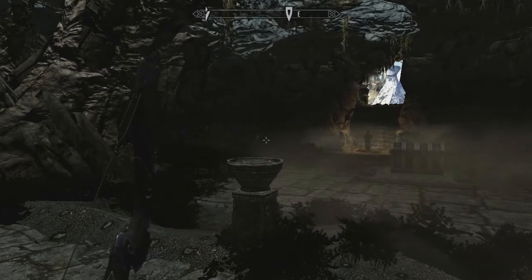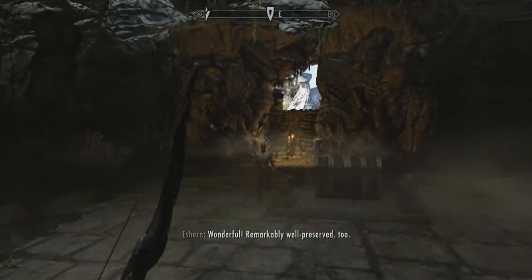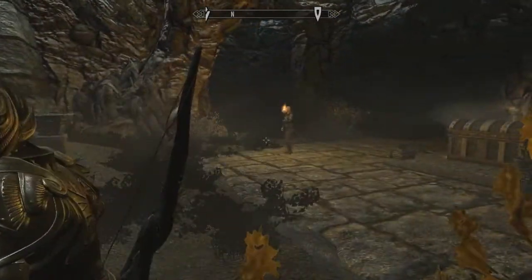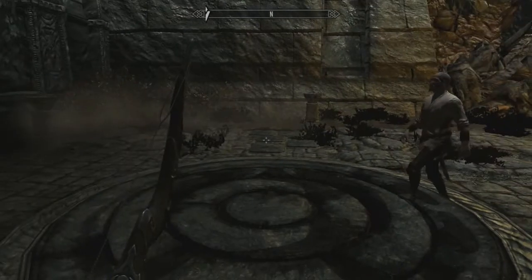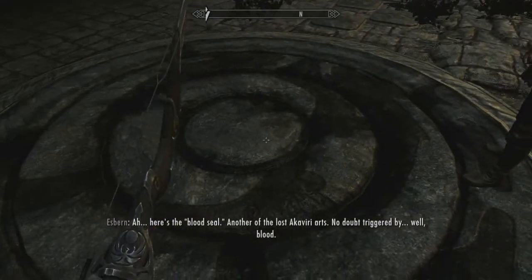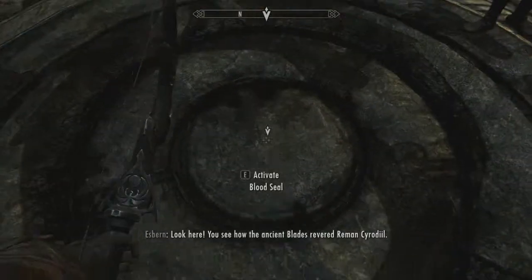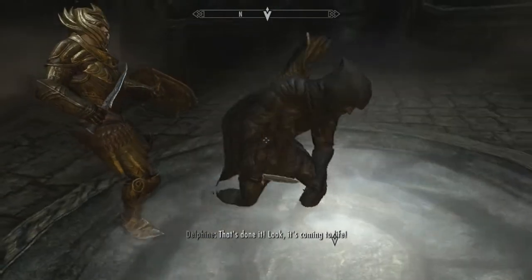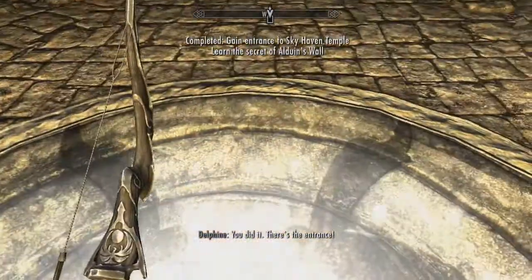Okay, let's wait for these guys. Wonderful. Remarkably well preserved, too. Here's the blood seal. Another of the lost Akaviri arts. No doubt triggered by, well, blood. Your blood, Dragonborn. Oh, great. Look here. You see how the ancient blades revered Reman Cyrodiil? It's coming to life. I like how that thing is spinning, but I'm not. You did it. After you,